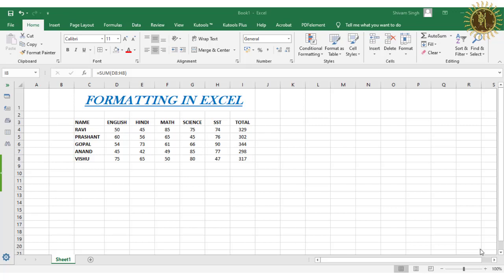So a cell address is a combination of column header and a row header. Okay, so this is your column header and this is your row header. So the combination of both is called cell address, and each cell have its own unique cell address.